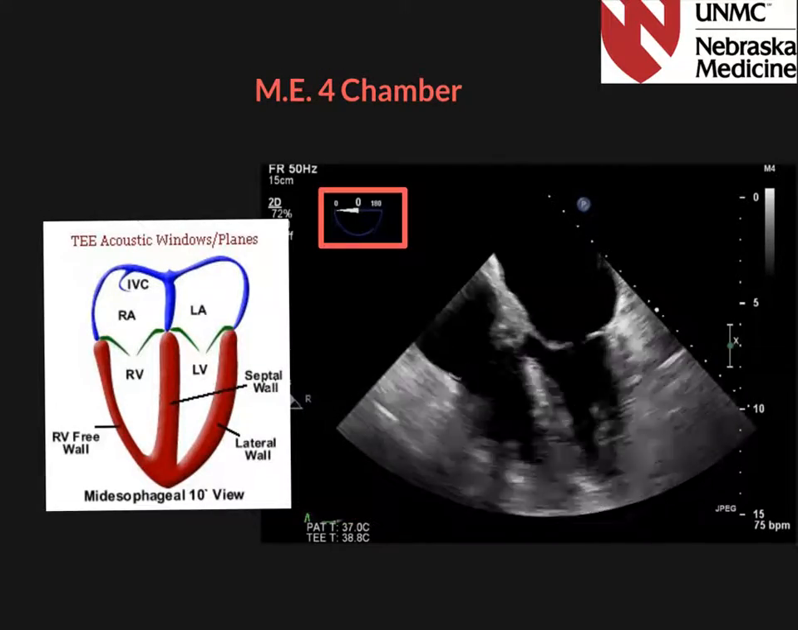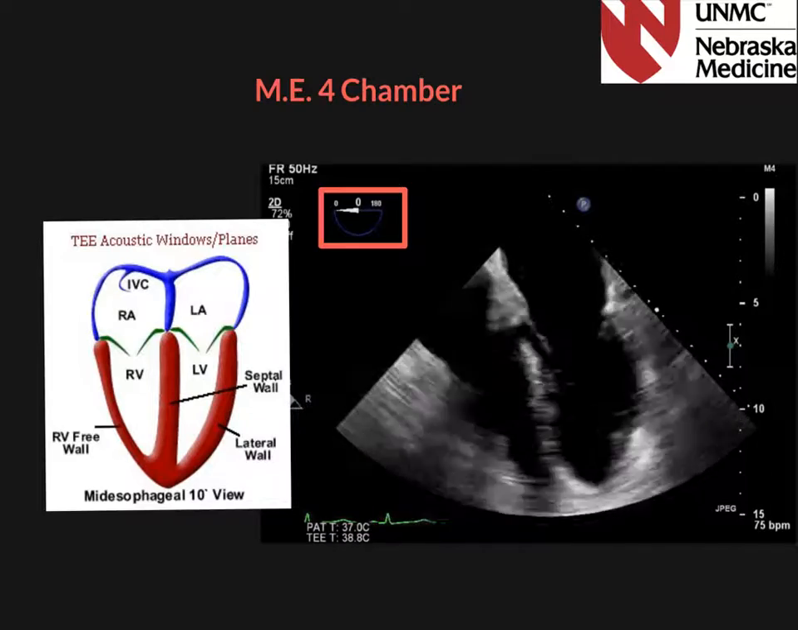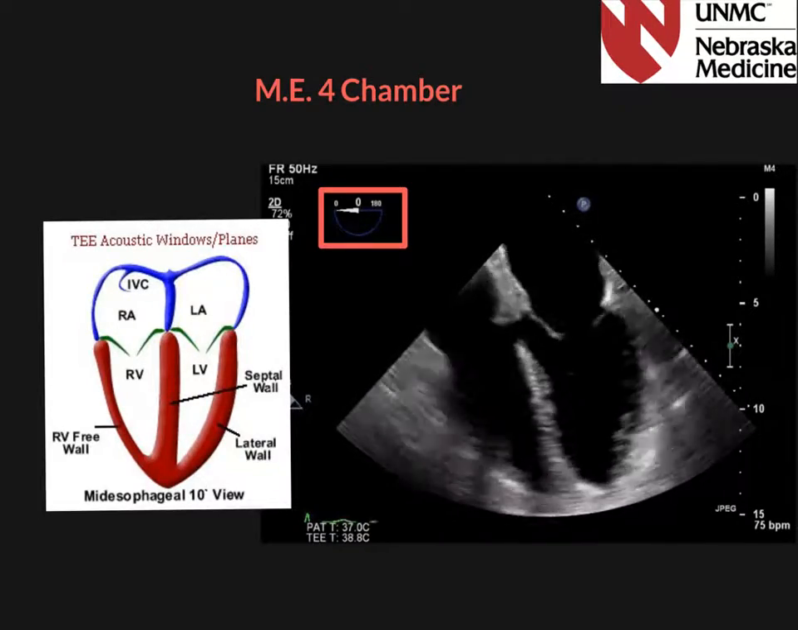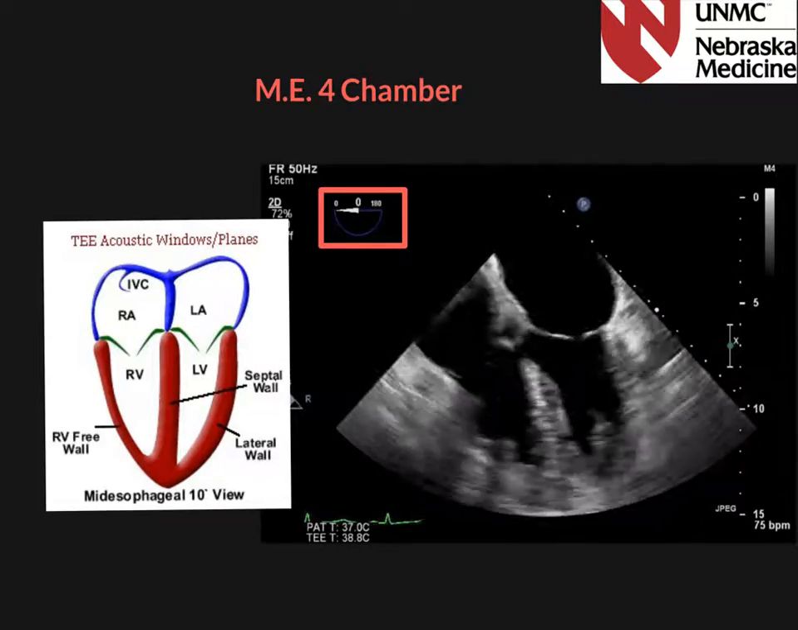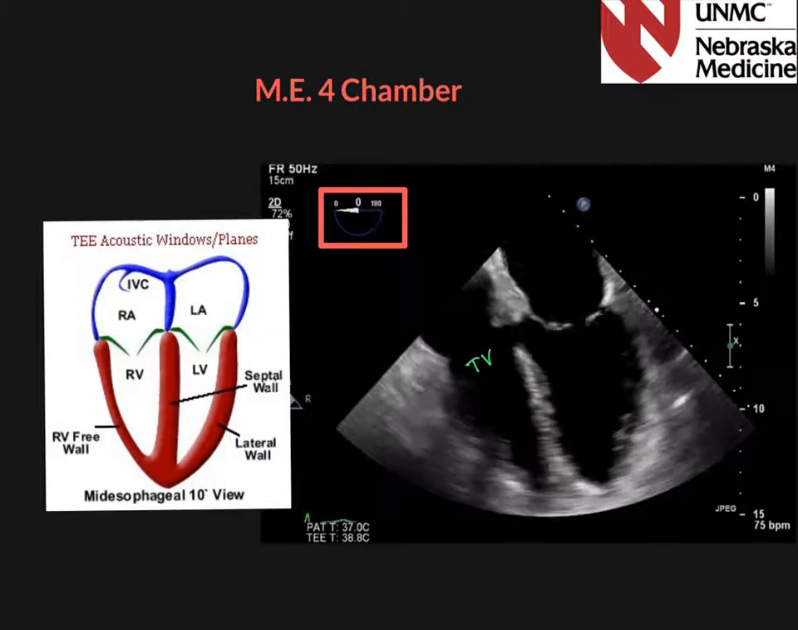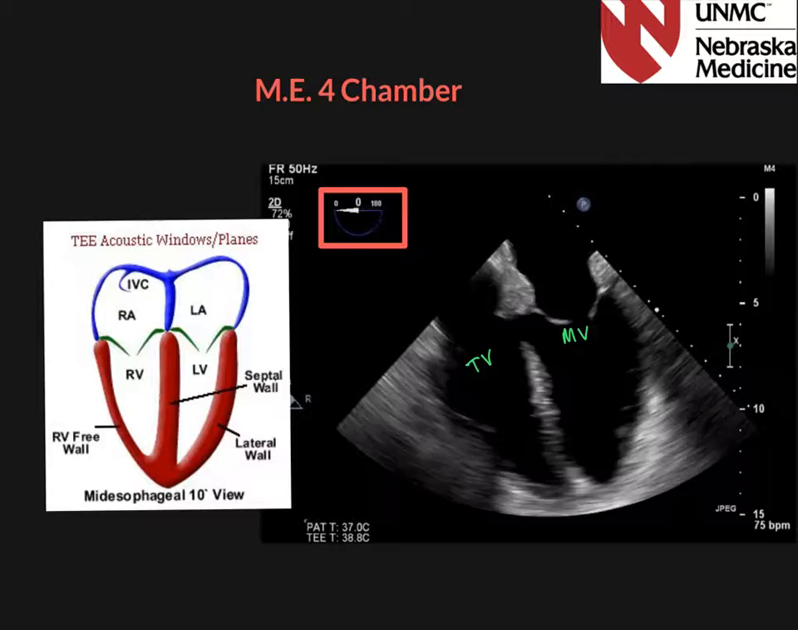Typically found between 0 and 10 degrees on the omniplane. The mid-esophageal four-chamber view is the most conceptually obvious image that we obtain, and it provides lots of information. The ideal image involves maximizing the tricuspid annulus diameter as well as the mitral annulus diameter, while also avoiding foreshortening